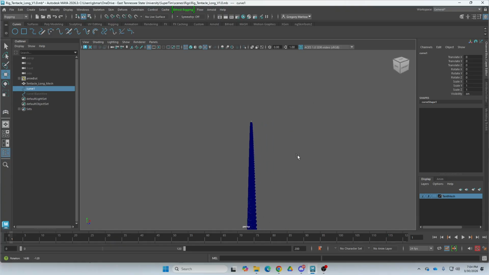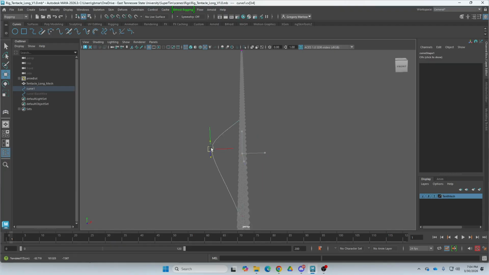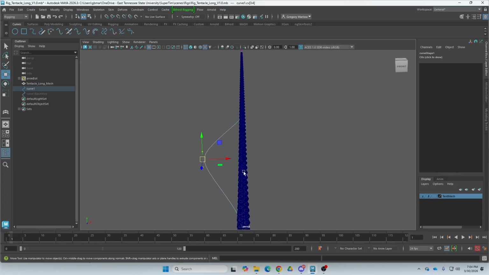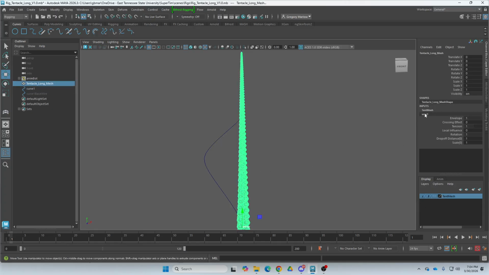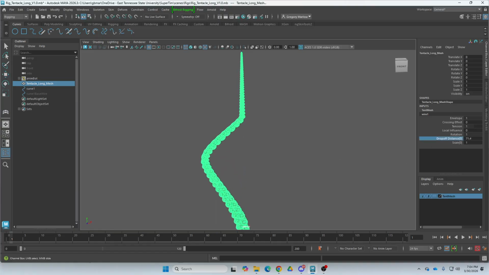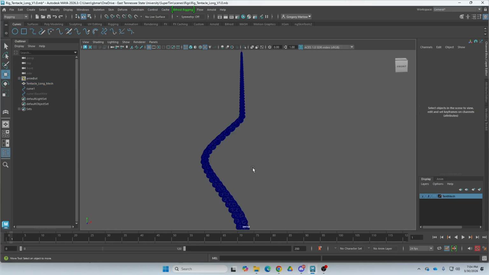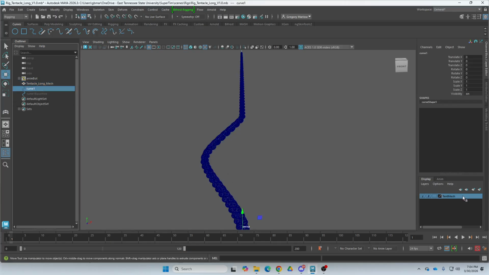So what I have now, let me go ahead and lock that tentacle again where you can see it a little bit better, is I have this curve down the middle, and I can right click on this and change these control vertices, right? Looks like nothing's happening. It's because nothing is happening. But if I were to select this and go to the wire deformer that I applied to it and expand out the drop-off distance, you'll see that eventually it affects the tentacle itself, right? So if I have this curve selected now, I should be able to pretty easily